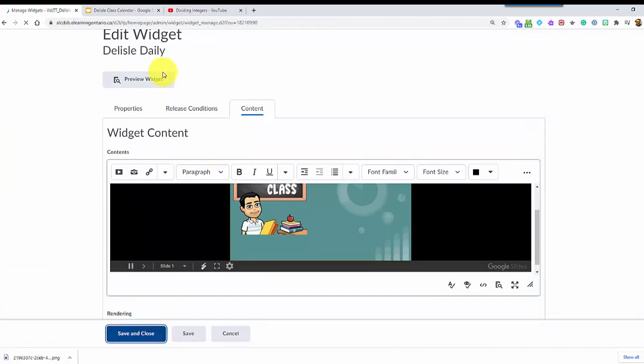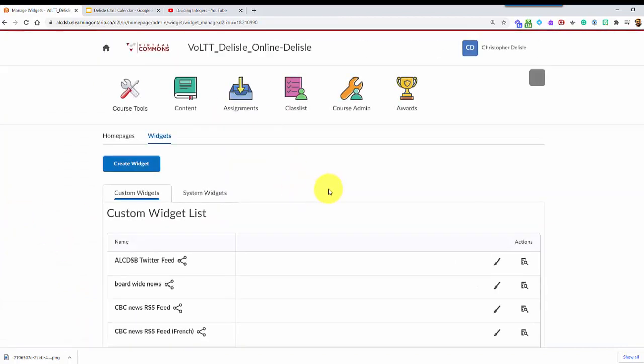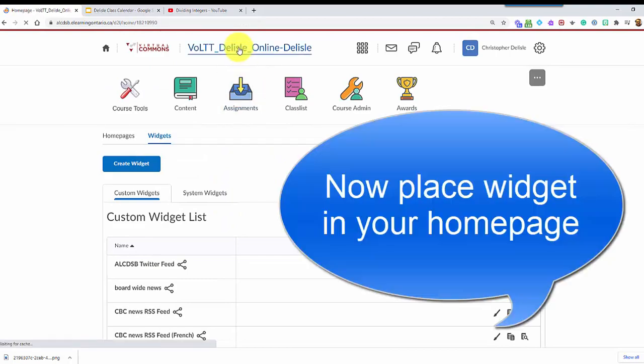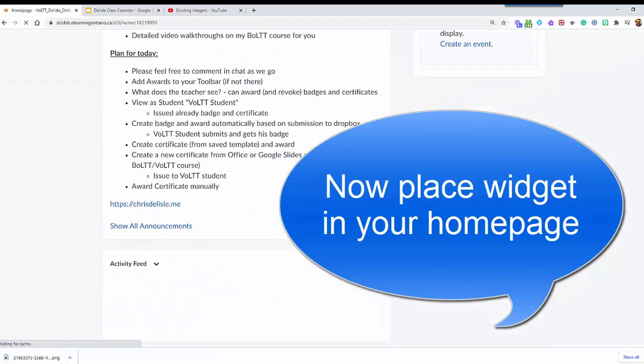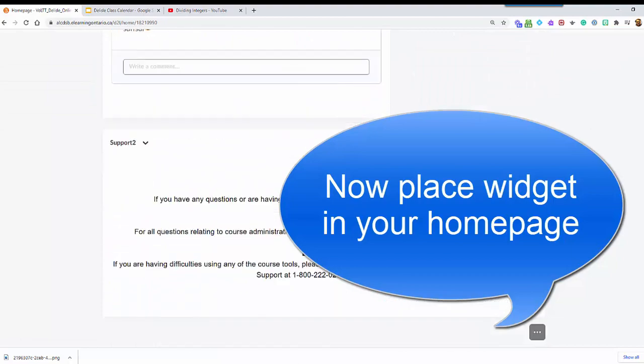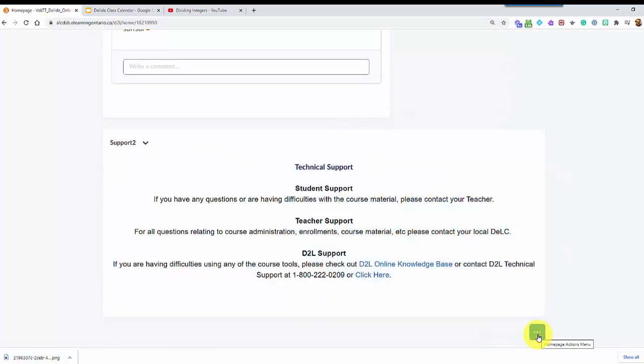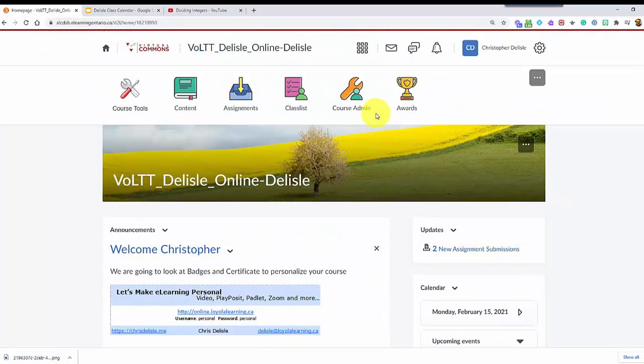So now remember I called it Jalil Daily. It's not on my home page yet. So I went back to my home page, it's not there. So I have to make sure I get it on my home page. At the very bottom, you can go into here, the 3 dots at the home page, or we can do it from course admin